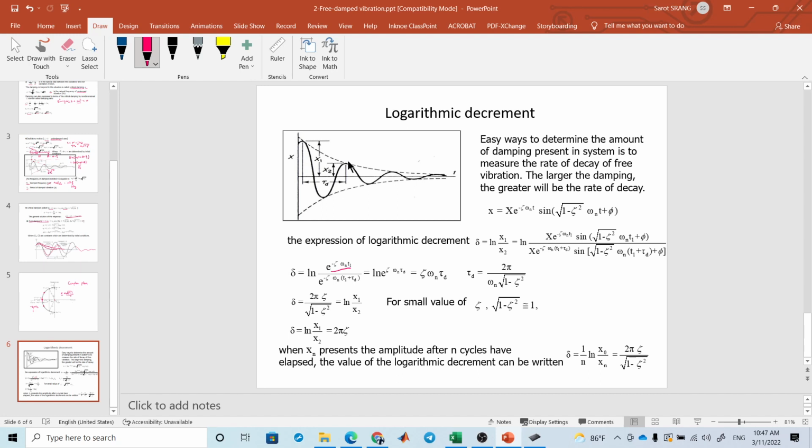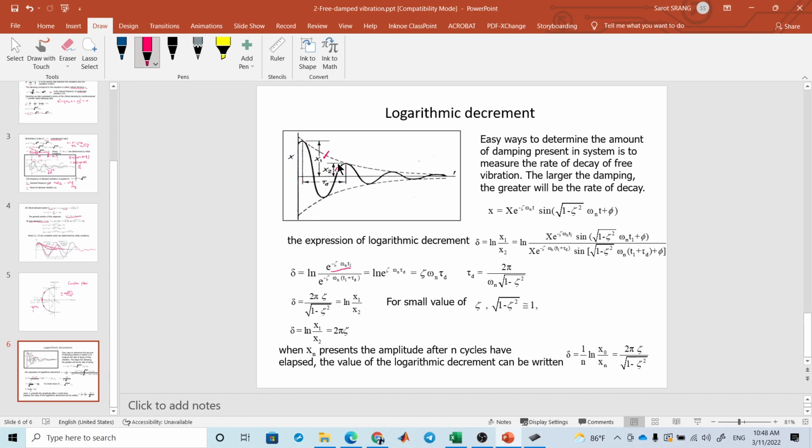I mean the ratio of h1 and h2. Okay, the ratio. The ratio here represents the ratio of the maximum,